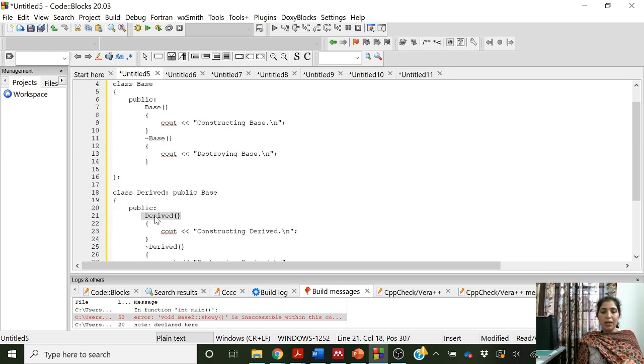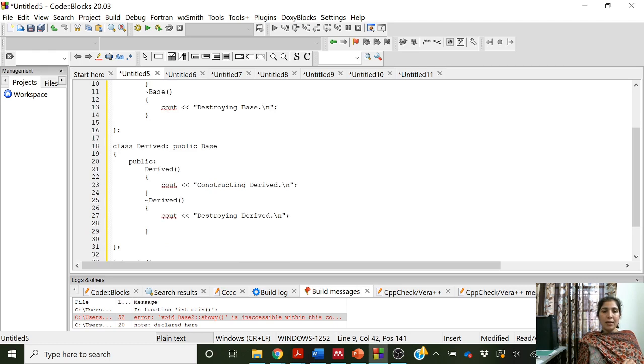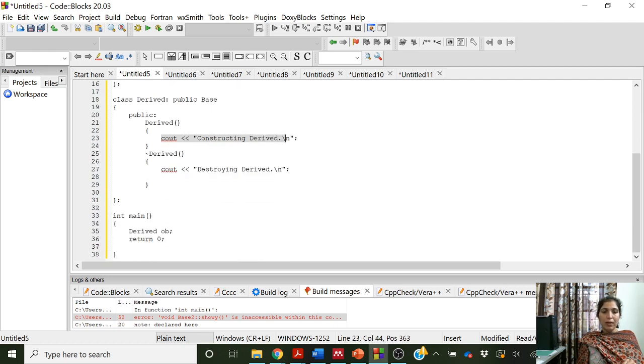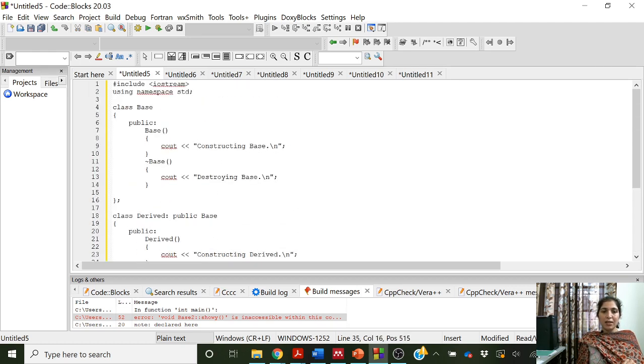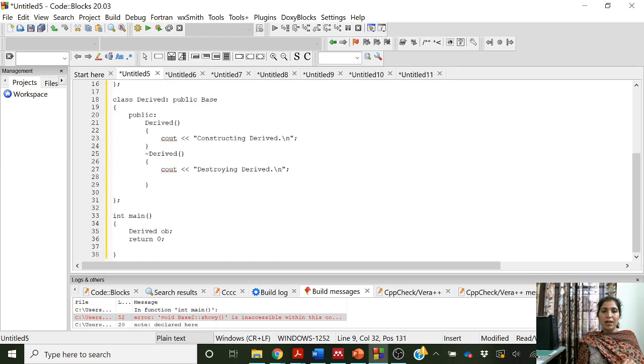Instead, it will make a call to the base class constructor. The base class constructor will execute. It will print constructing base, and then the control will return back to the derived class constructor. It will print constructing derived. Okay, so the base class constructor will be executed first, then the derived class constructor will be executed.